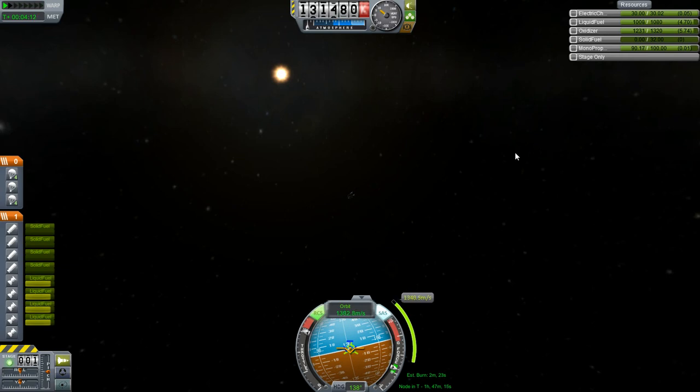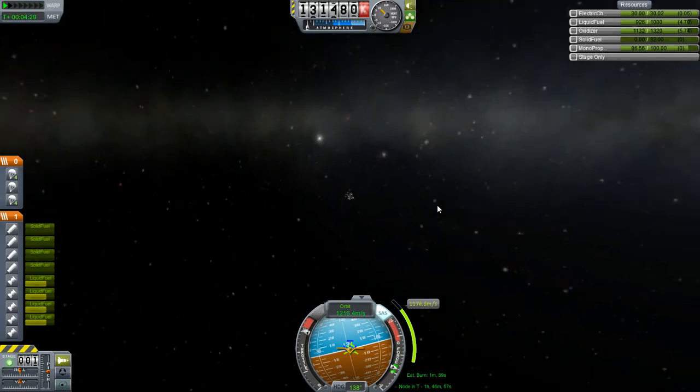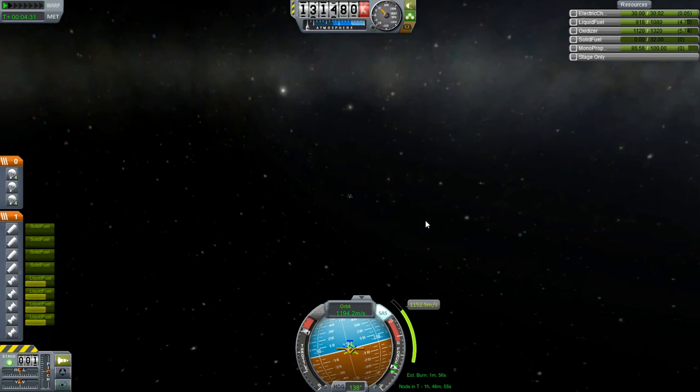And let it burn. We have 2 minutes of burn time. And I probably need to turn off the RCS because it looks like I didn't bring a lot of RCS fuel. And I would like to be able to maneuver properly should I need to. I know you can't see much, but it's the only way I can keep the noise down. So no matter how much I...